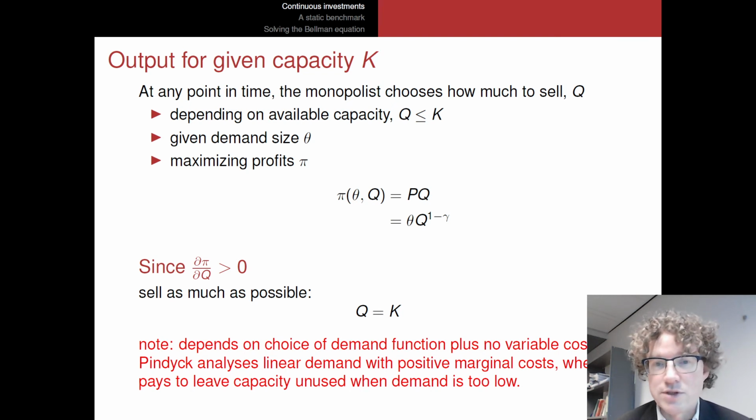Well, they are revenues. They're the revenues P times Q, where this P actually was given by this demand form, right? It was this theta times Q to the power minus gamma. That was the demand equation. So you note here, in general, you might also have some production costs here. So you might want to add minus C times Q. I'm going to ignore that.